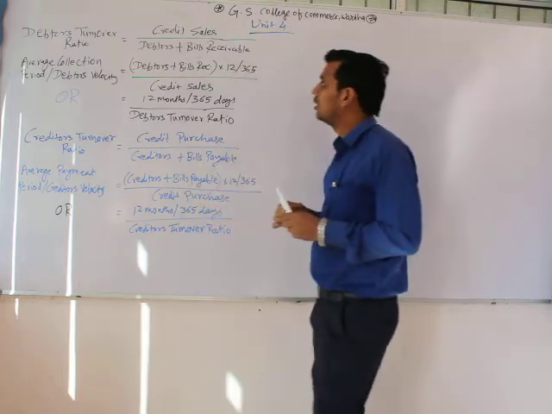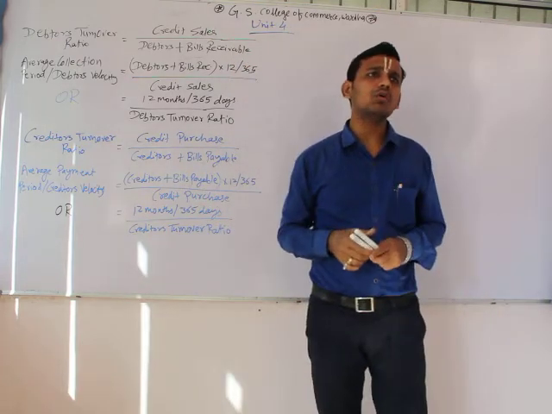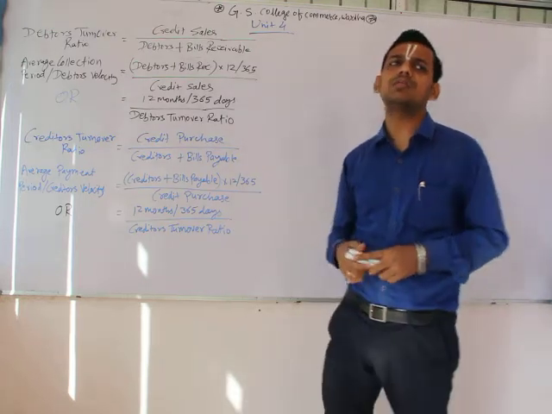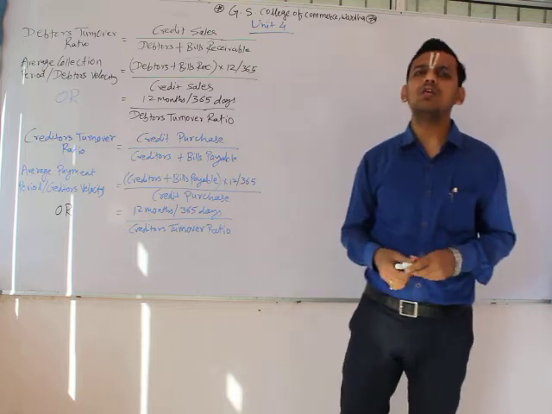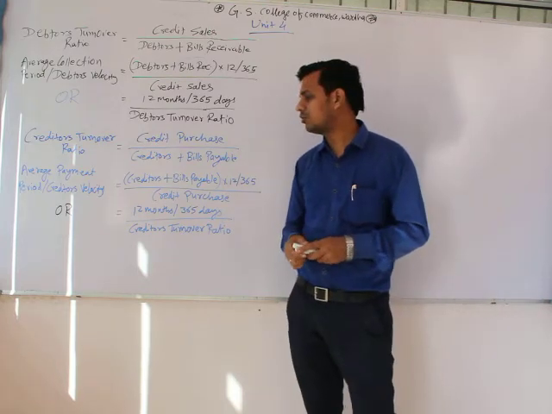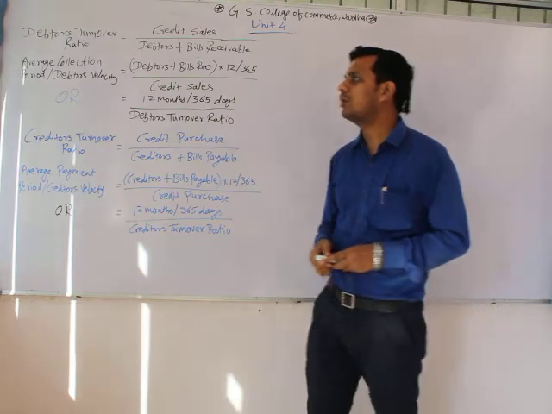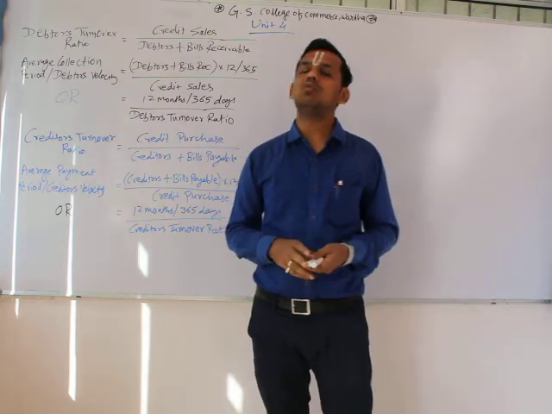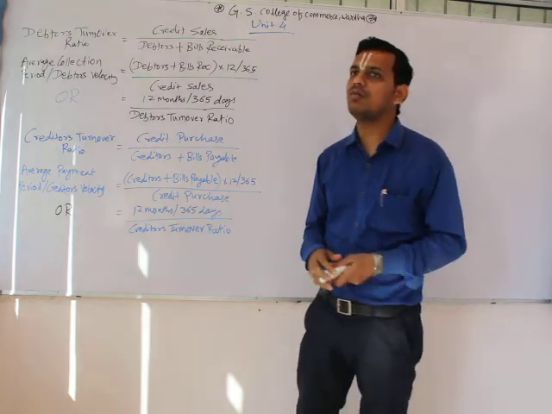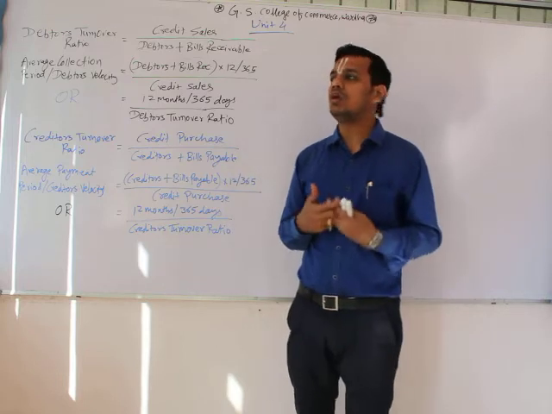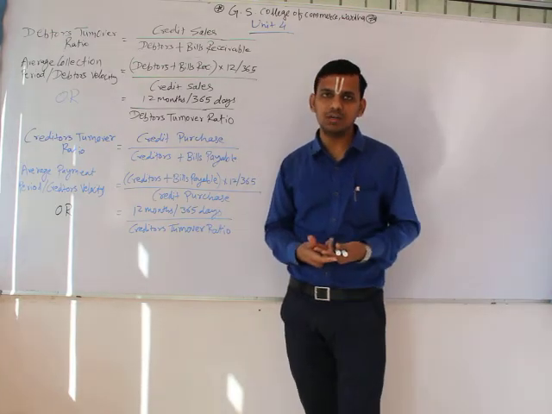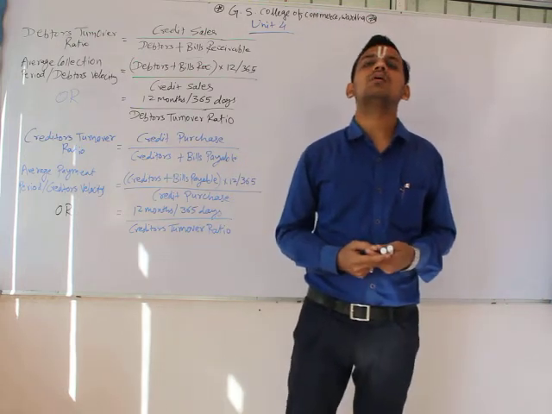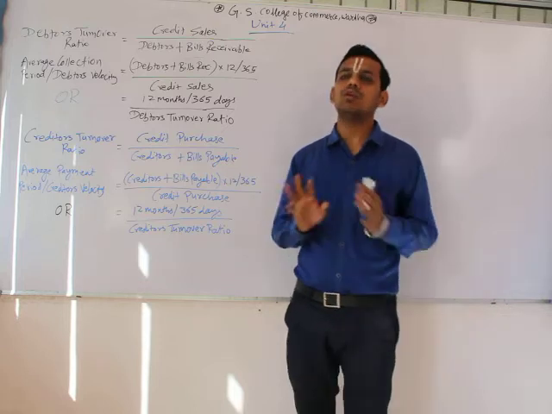From this video we will be learning unit number 4. With respect to debtors and creditors management, we have to see various aspects of debtors and creditors. Till now we have only known a few aspects of debtors and creditors management. For example, what are debtors? They are the persons or the customers to whom we have allowed credit period, but we have never gone beyond that. What is the average collection period or what is debtors management? Similarly, creditors are the persons from whom we have purchased raw material on credit. This is what we have learned till now.